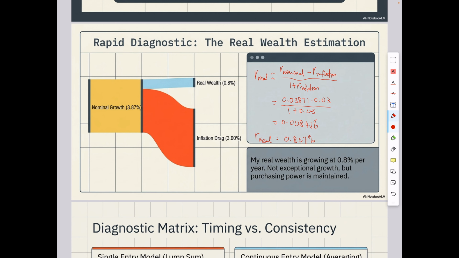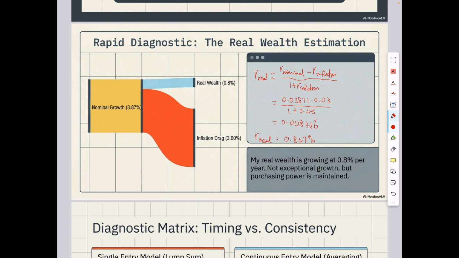Now, this looks a bit depressing because I'm telling myself that my real rate of growth of my wealth is only 0.8% per year after I adjust it for inflation. But on the other hand, it's also telling me that I did not lose my purchasing power. I actually kept up with inflation, and my money grows a little bit, not too much, but it's fine, right? Because as long as my real rate of growth is higher than 0, I'm happy enough,